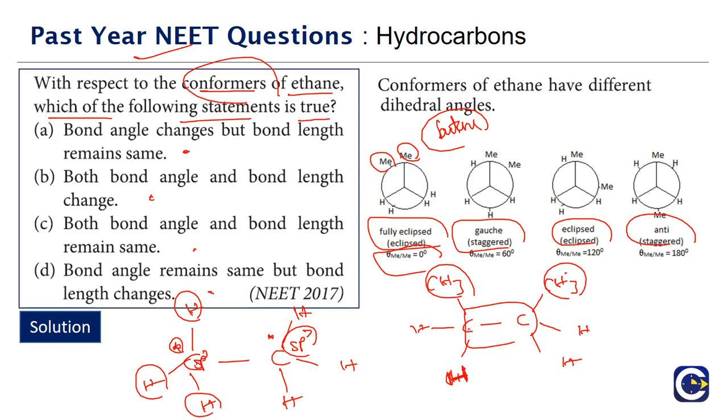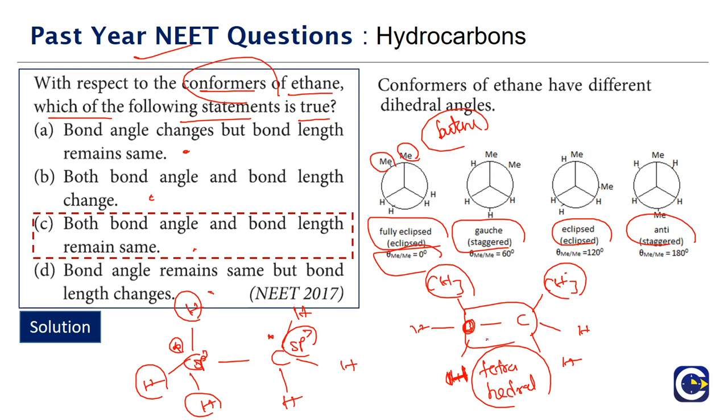But bond angle means how the groups on a particular carbon are arranged with respect to each other. That will be the same tetrahedral arrangement only. That arrangement is not going to change. So for conformational isomers, the only difference will be in terms of the dihedral angle. That will result in torsional strain, etc., but it is not going to affect the bond angles or the bond lengths. So for the conformational isomers of ethane or butane, the bond angle and bond length remain the same.